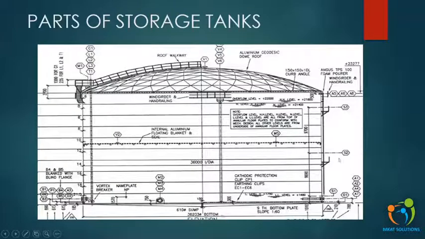Then you can see these are the sides. You can see these are the girders which are provided for wind. The bottom one is called the bottom plate, and for the side shell you can see we have different thicknesses: the top one 8, 8, 8, and then below 10, 12, 14, 16. It's similar to hydrostatic duty, similar to a dam, right?